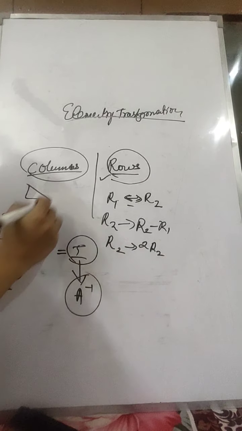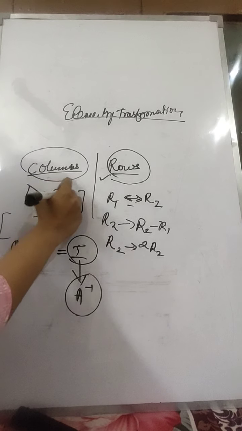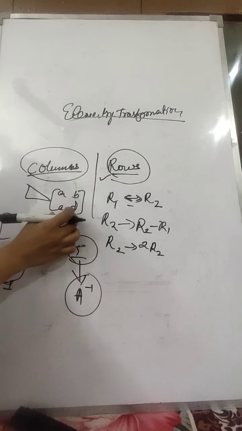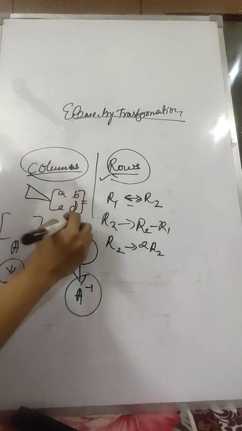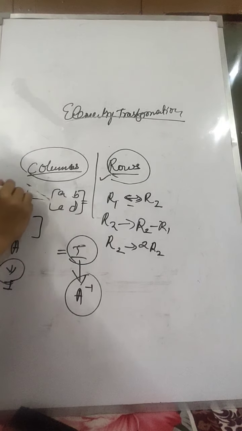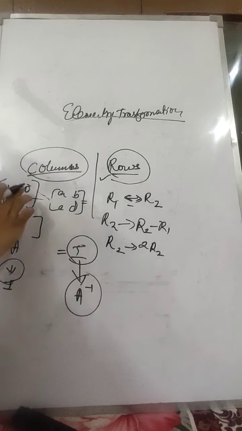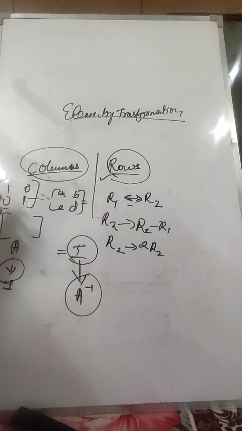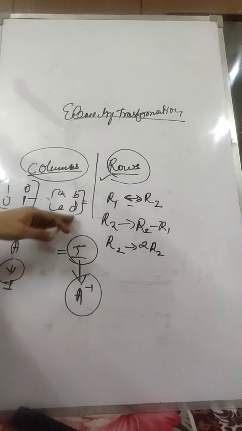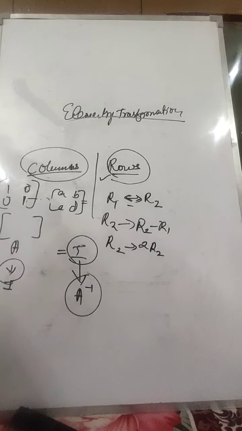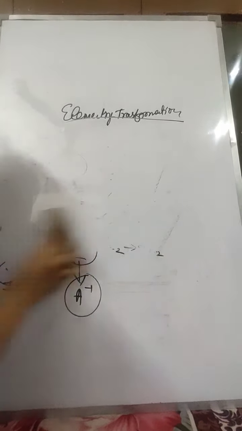Why a triangle? For example, if I am given A, B, C and D, I am taking 4 cross 4 now to explain, and I will have to convert it into 1, 0 and 0, 1. I will not be working with only one side. How do I do it? I'll do it with a proper example now, so that you can understand it better. So I'll just rub this out and go with an example.